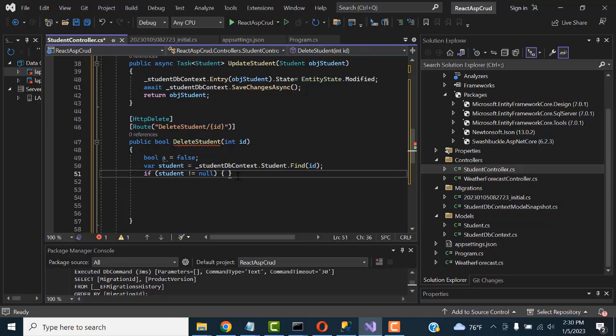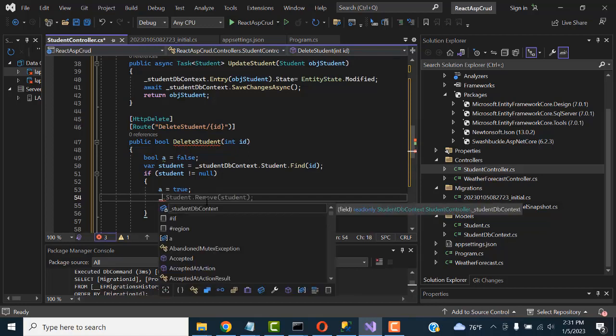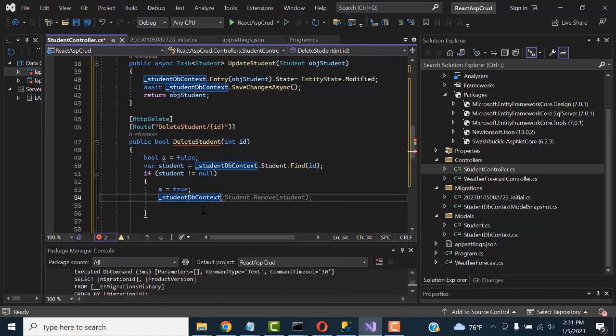If student is not null, what we are going to do is I'm going to delete the record. So how to do this, here this one should be bool is true, so write a equal true, press tab key on your keyboard, right? Now what you're going to do is you have to write the entry. So here student, you write dot entry,